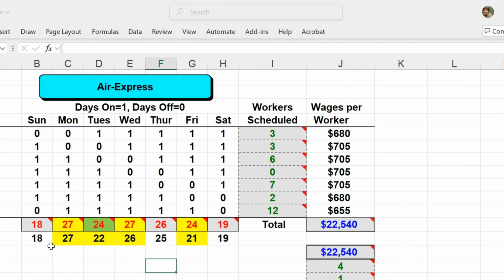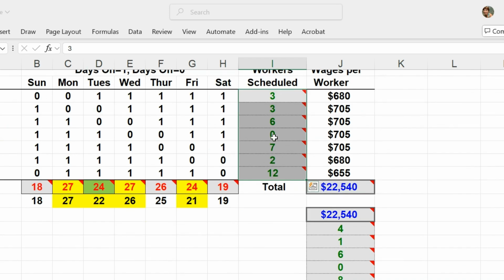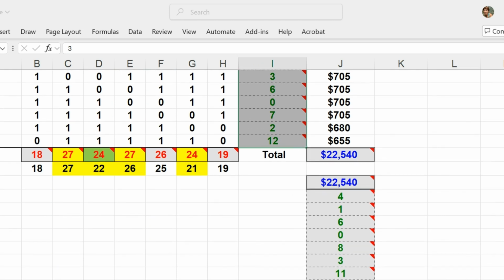So we can see that on Sunday we have enough, Monday enough, but Tuesday we have more than enough, and also Wednesday, Thursday, Friday. So there are 4 days when we have more workers than needed. Okay, so this is a schedule. You can either pick this schedule like 3 workers on shift 1, 3 workers on shift 2, 6 workers on shift 3, and then no one in shift 4, 7 in shift 5, 2 in shift 6, and 12 in shift 7. Or you can use